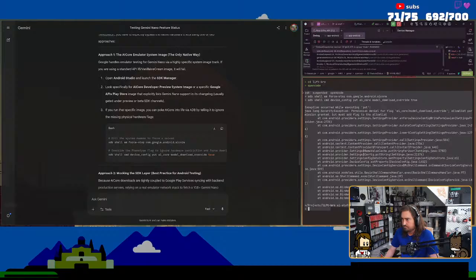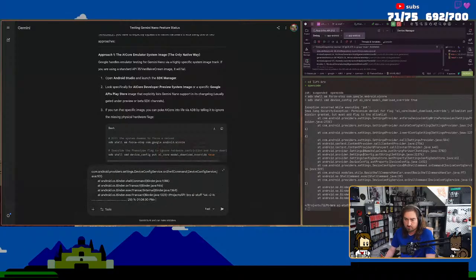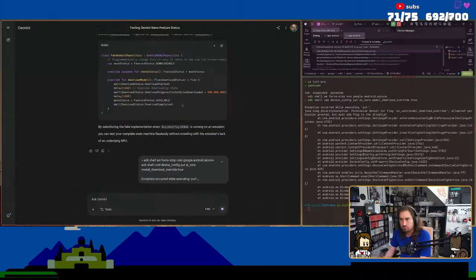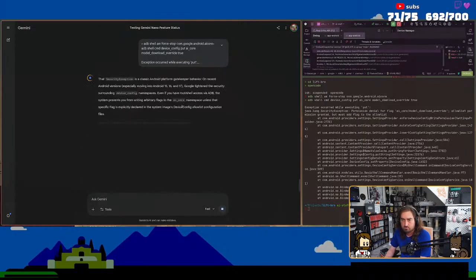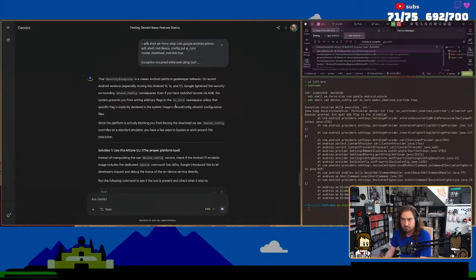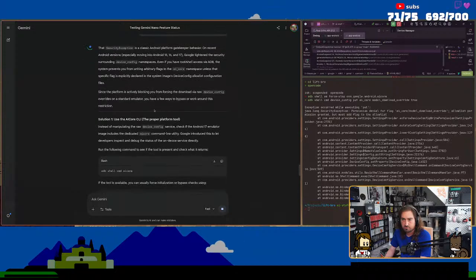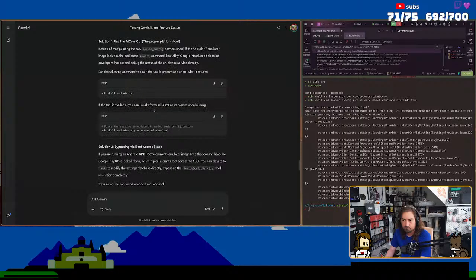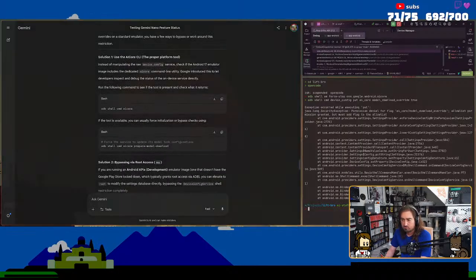I'll just copy this, pop it in here. The platform gatekeeper on recent Android versions, Google Titan Security. ADB shell CMD AI core.